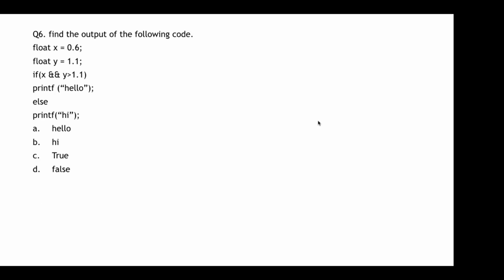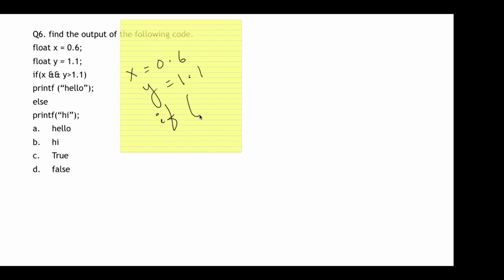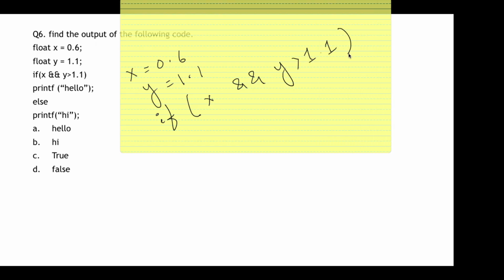So moving on to the next code, it says float x is equal to 0.6 and y is equal to 1.1. Now again we have an AND operation, x and y greater than 1.1. Now if nothing is given and just the value of x is taken, remember every value except 0 is true.